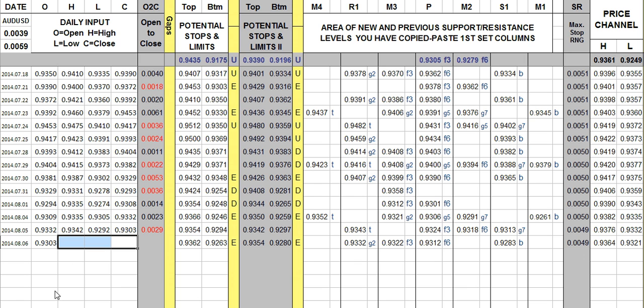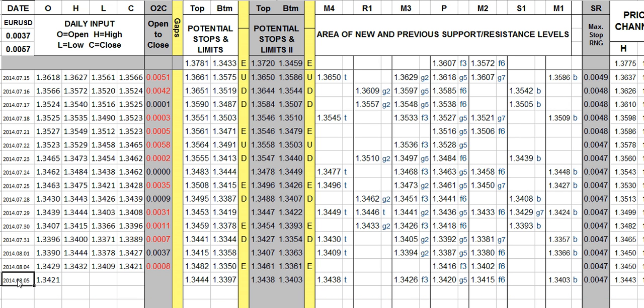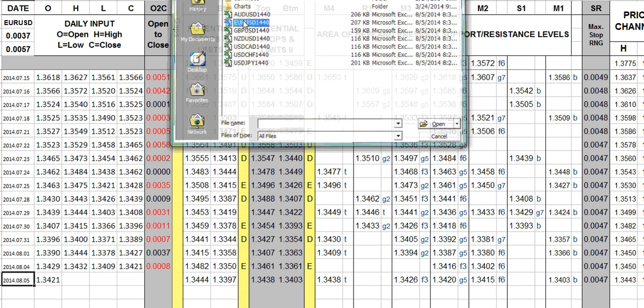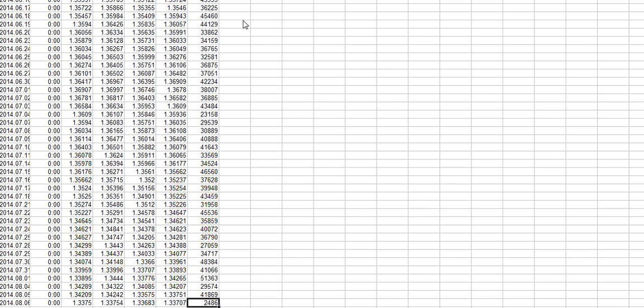Okay, so we do that with all of the pairs. So we go over to the euro. We select the date that we've just finished. Make sure it's selected. Then we open up where we keep our data, select the proper data for the proper pair, Control End, get us to the bottom. Grab the data, the most recent data, up to the date that we just finished, because this is what we really want right here. We Control C to copy it,